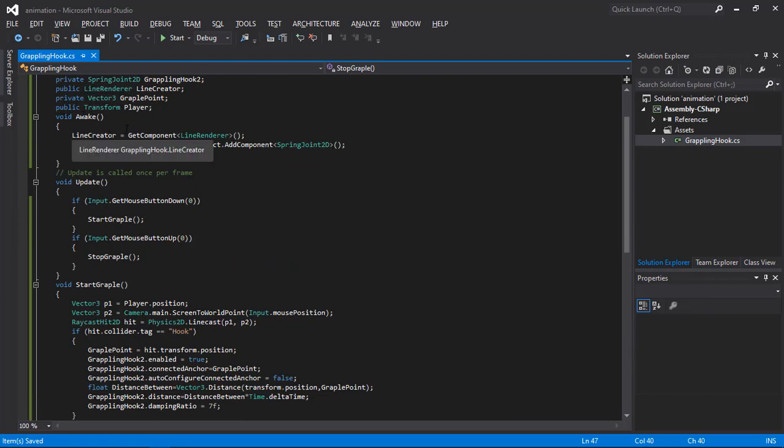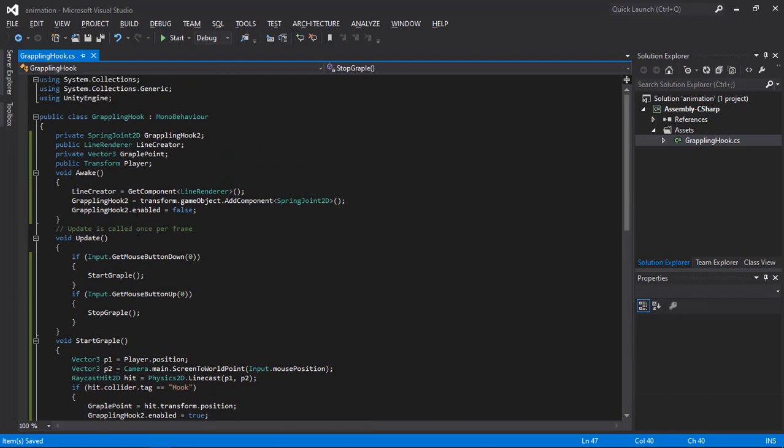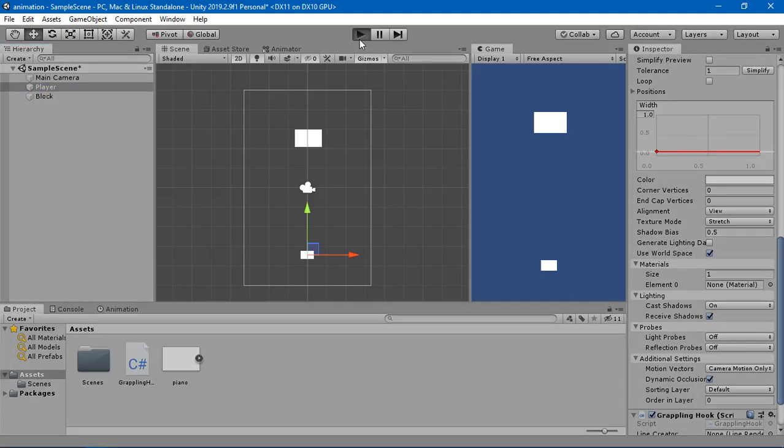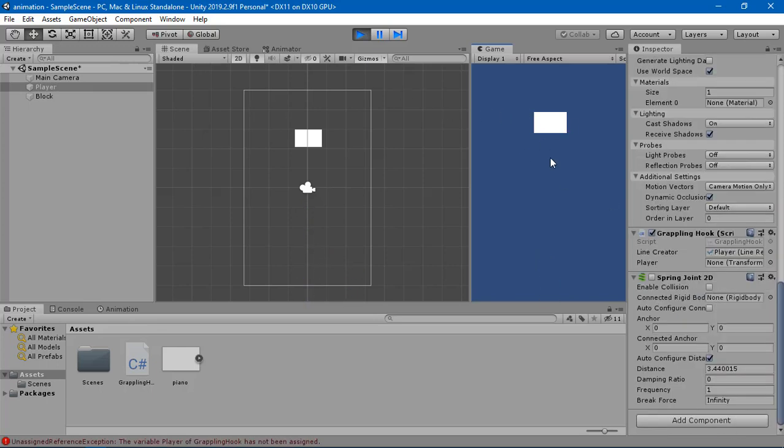What is wrong here? I guess these all work fine as we need them to, but the thing is that we haven't attached a script to anything over here. So I'm going to attach my grappling hook. That is a major error that I've made. I'm going to attach the script to this player here, and now you can see that we got the spring here, but this is